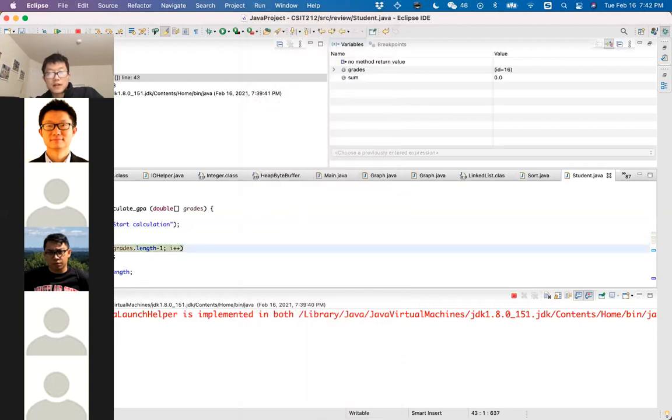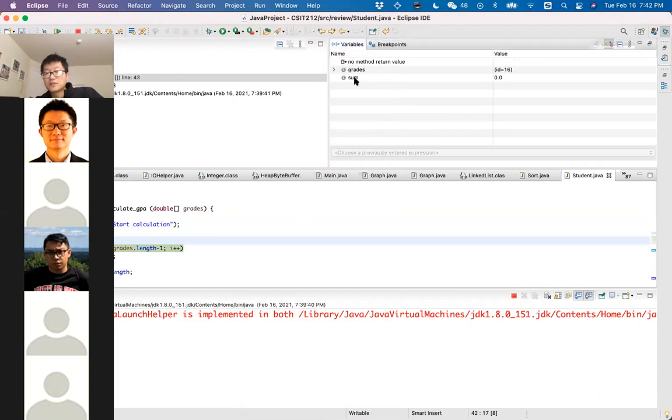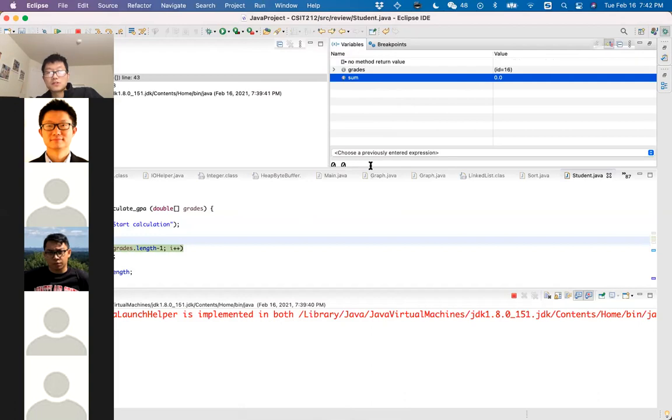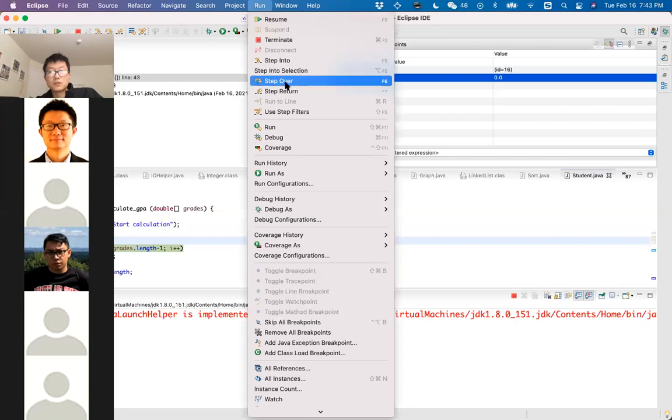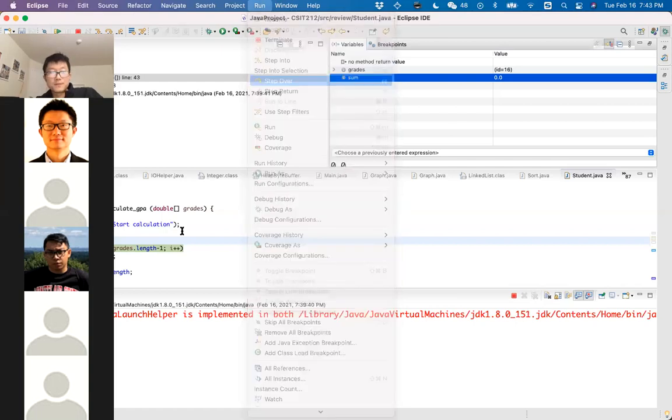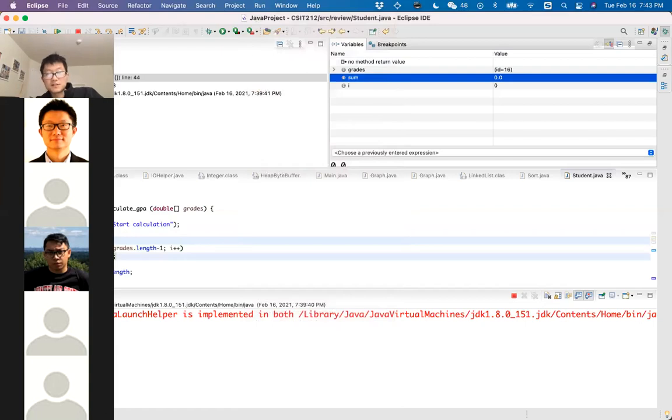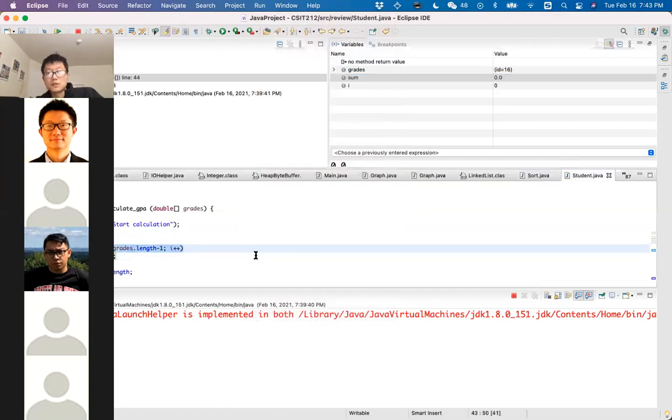After executing this line, if you go to the variable area over at the top right, we are able to see a new variable named sum, whose initial value is 0.0. Then we want to execute the for loop line by line, iteration by iteration, to see what is going on. So we click the step over button again, and it starts the for loop.